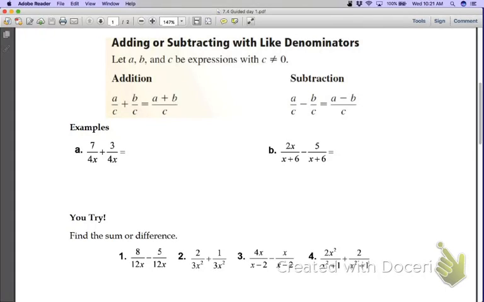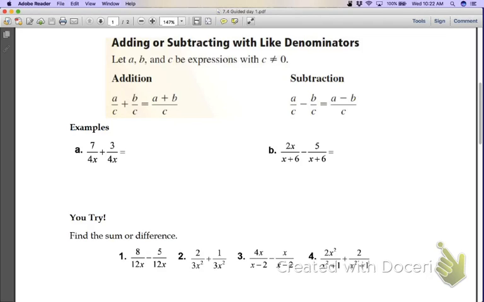So whenever we add or subtract with like denominators, we still do everything the same way. This one's a little bit easier because we already have like denominators. We want to go with what our restrictions can and cannot be before we even start. Since they're the same, it's going to make things a little bit easier. To be honest with you, it's really up to you as far as how much or how little you do